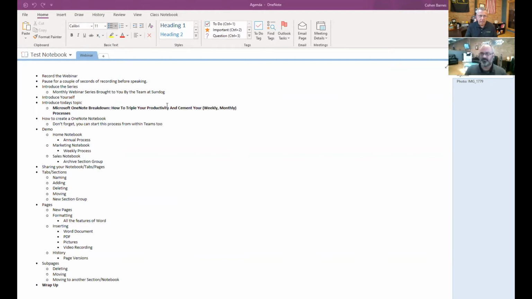So first, how do you create a OneNote notebook? Super easy. You can do it in Teams, or if you just go down to the bottom of your screen where it says type here to search, you can type OneNote or just go to your program toolbar and find Microsoft OneNote. When you open it up, you're going to be able to go to File,